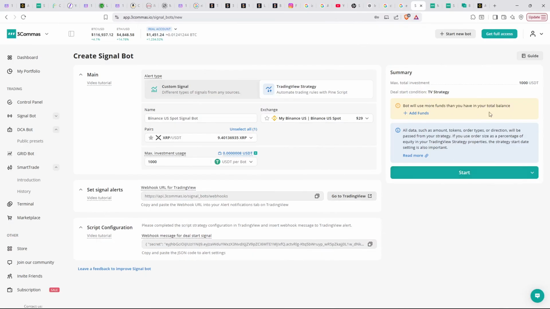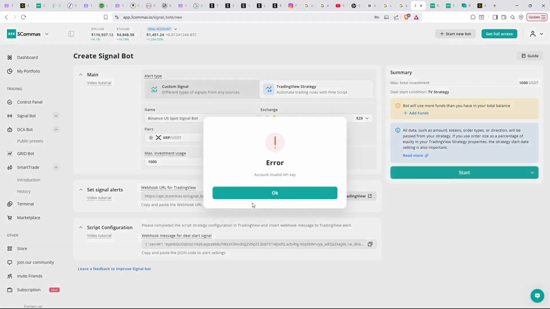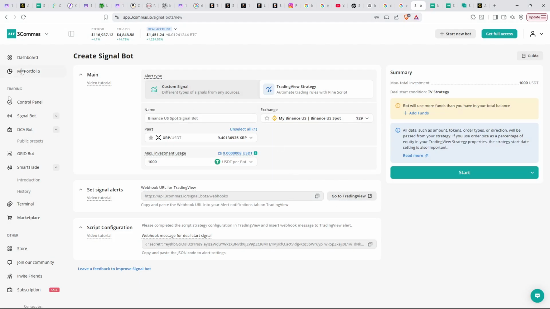I know this is showing this because it does not have enough in there. Again, it won't show this if you have everything set up right. I'm going to proceed anyways. Okay, invalid API key. Basically, I tried to make a new API, so that's why it's not working. But if it was working,